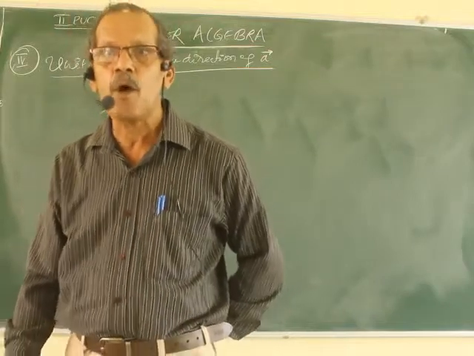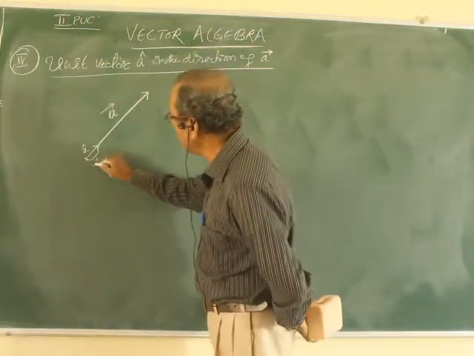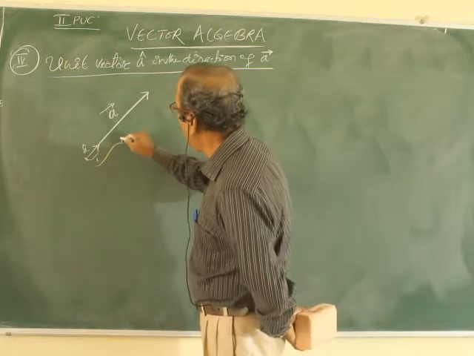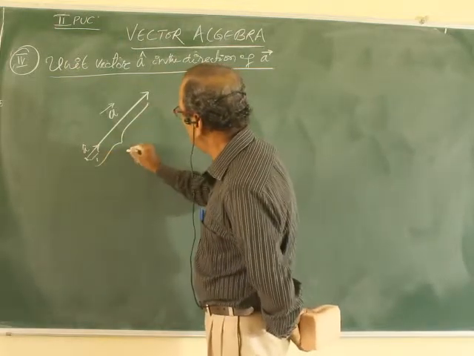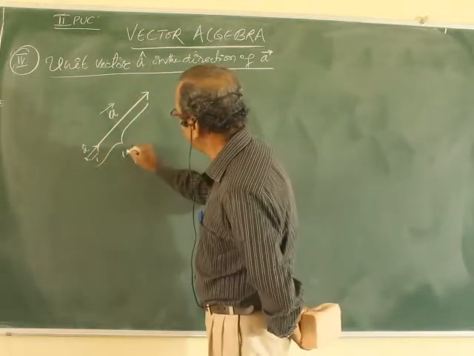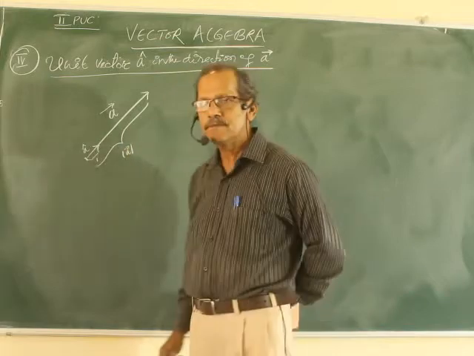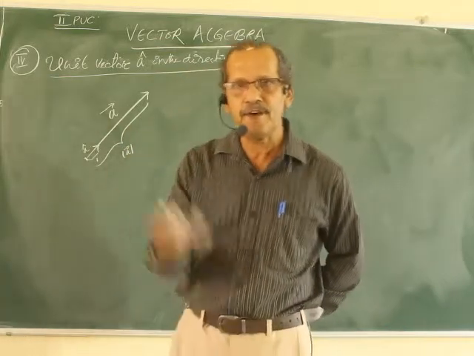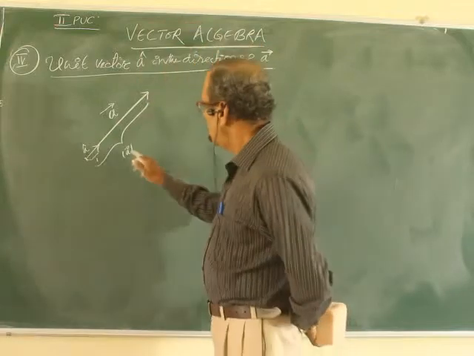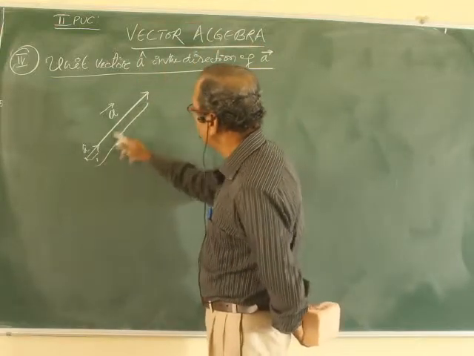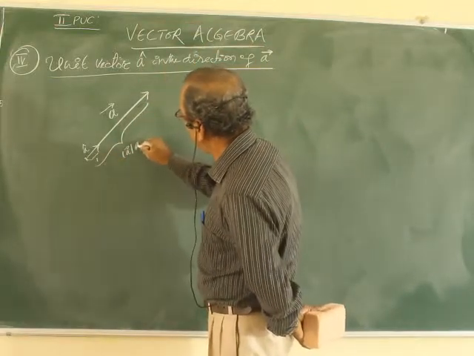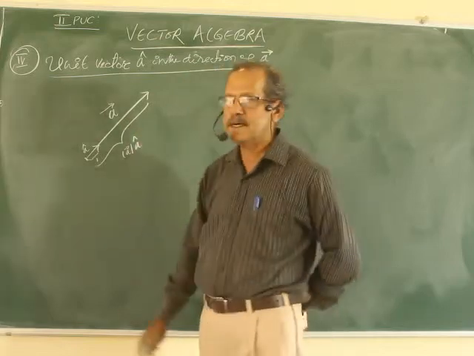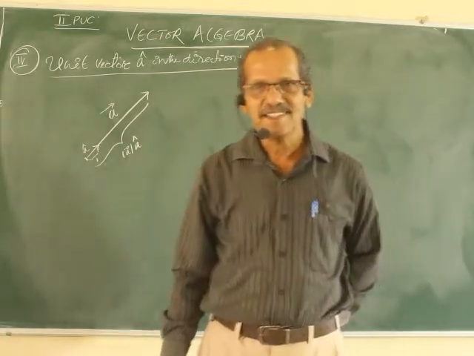Leave it. You know the length of the vector is denoted by mod A. So, how many times do you have to add this particular A cap? Total length of the vector is how much? Mod A. It may be 19, it may be 25, whatever it may be. Total length of the vector times you have to add the unit vector.